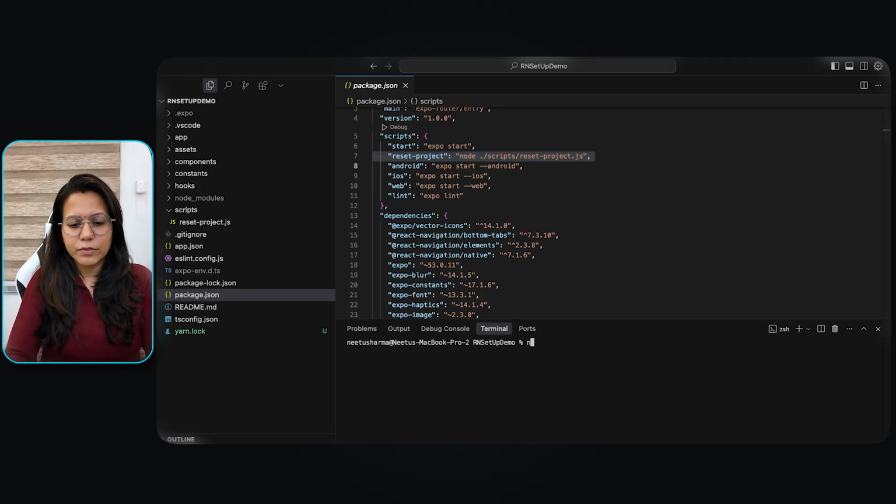So let's run this script. You can run this by using npm run reset-project.